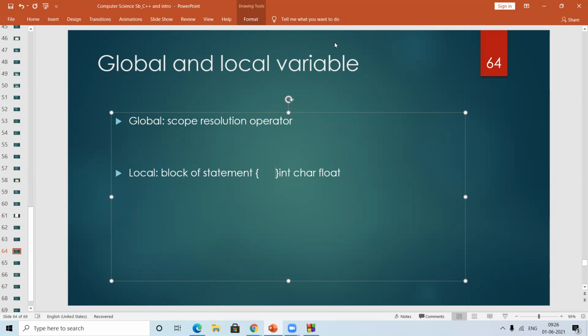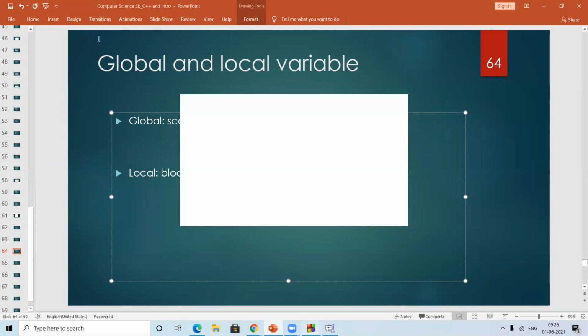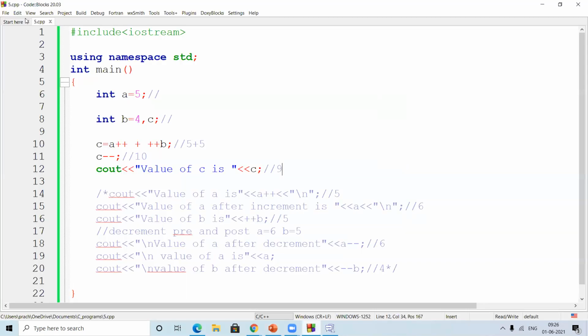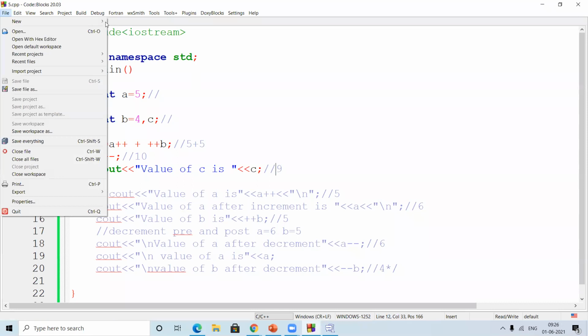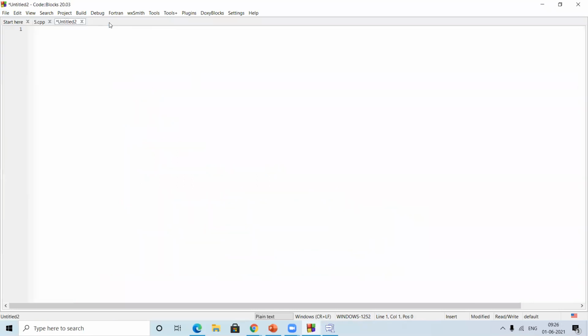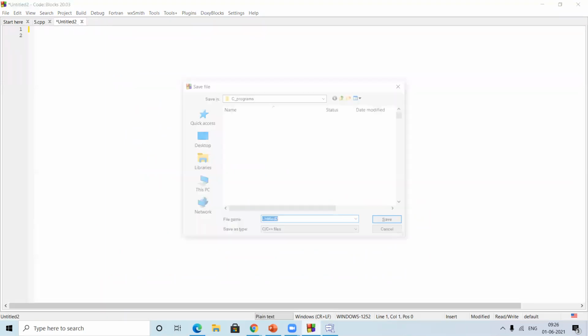Okay, now when we have this particular value, I'll do one thing. I'll give an example so that it'll be easy to understand. Okay, so this will be the sixth one.